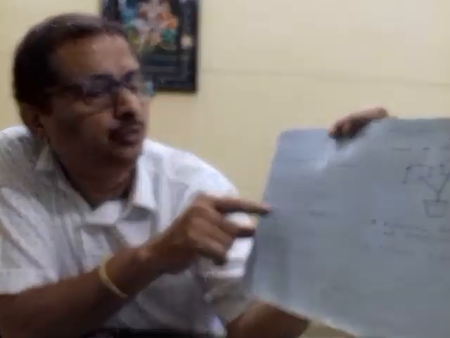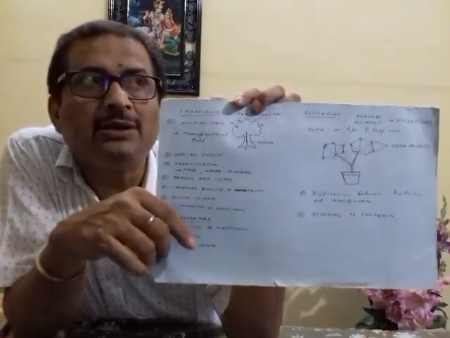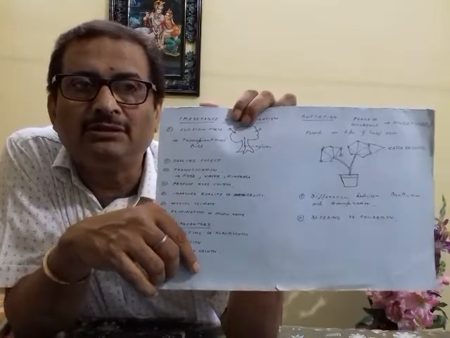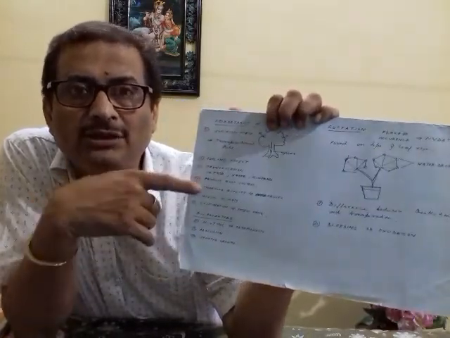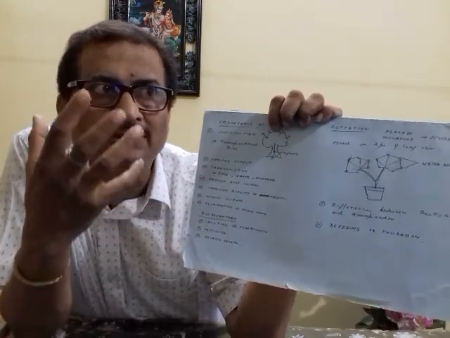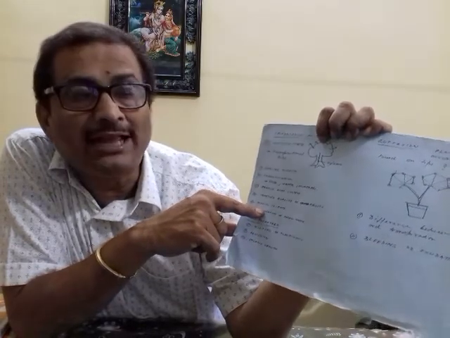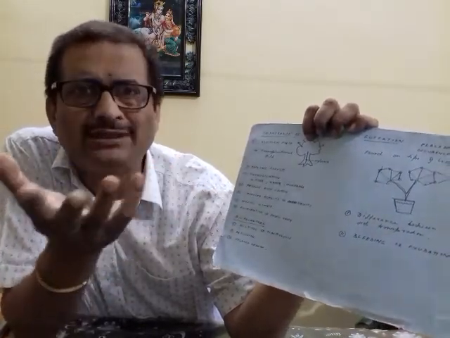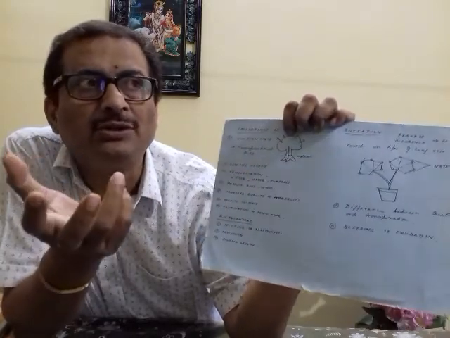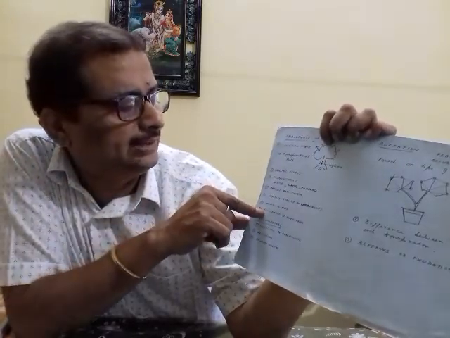Then you have the improved quality of fruits. If the water is less, the quality of the fruit is not so good. But if there is water in the soil or in the plant, then the quality of fruit also is good. Then you can see it affects the climate. As I told you, the water vapor and moisture cause a cooling effect. And it also helps in elimination of the water. So that means the excess water, which I said in the beginning of the chapter, is transferred to the plant and that also causes elimination of the water.